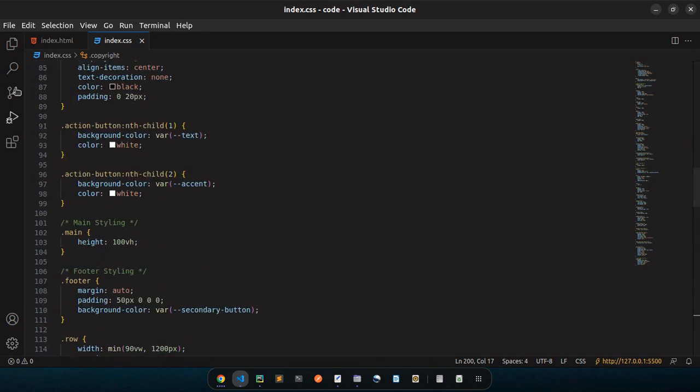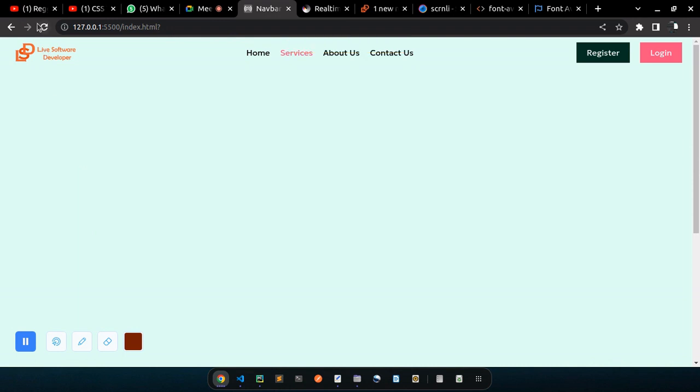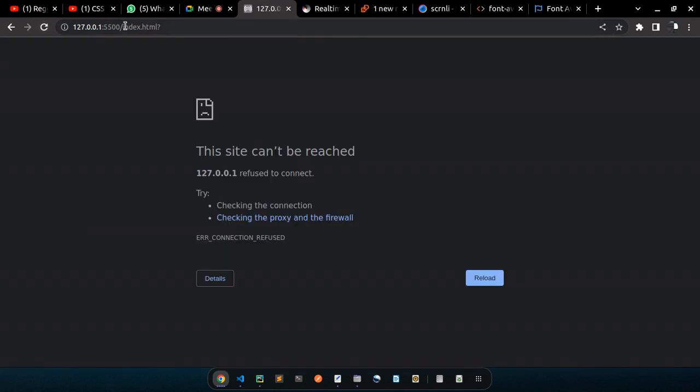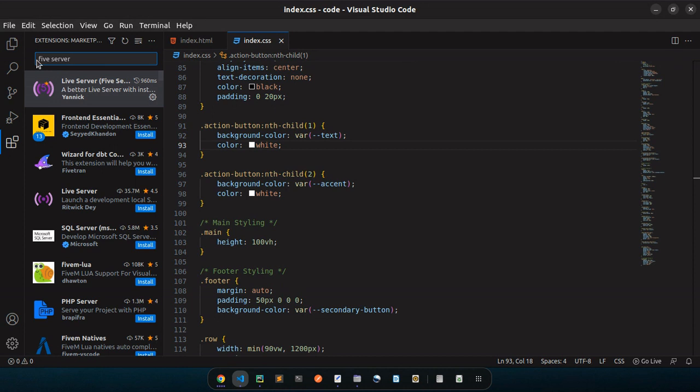There is something that we did install before we started. That is something that is helping us do live reload of our page. You notice I have reloaded the page and it's totally offline. It's because we installed an extension called Five Server. So if you go to extensions, it's usually the last icon on this list if you don't have a lot of plugins installed. So if you go down and you hover through the icons, you'll be able to see extensions here. Click on that and search for